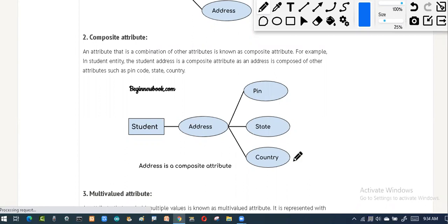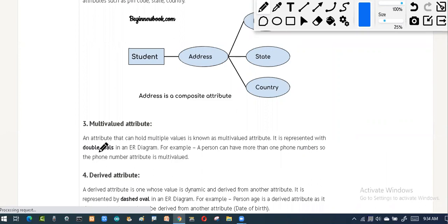Okay, so this is what the composite attribute is about. Now coming to the multi-valued attribute. Now the double ellipse. When I say double ovals, an attribute that holds multiple values is called a multi-valued attribute. Most of us use mobile phones. When I want to add a new contact in my directory, I add a number for my friend. When I try to add the number, it asks for the following details.